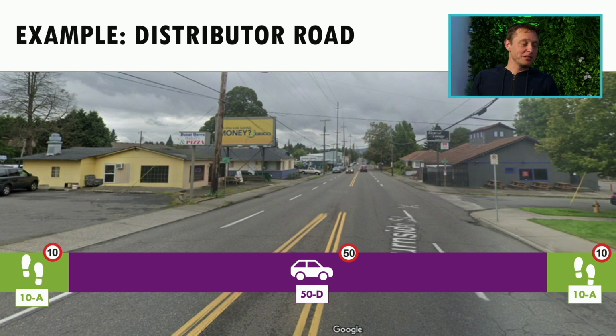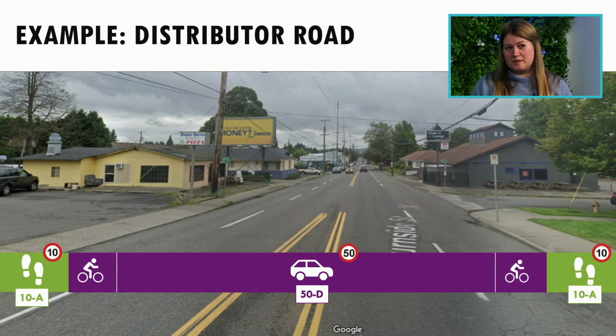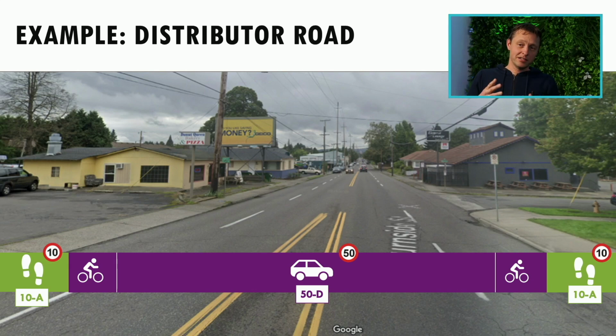I think we have a problem with the cyclist. Because basically the 50D 10A configuration, even if it's wider, it's still not safe to put the bicycles in this 50D domain based on the diagram we have. Maybe we can take a look at it. So now we have the cyclists actually in the 50D, not in a separate domain. It's not in this picture, but that could be a solution